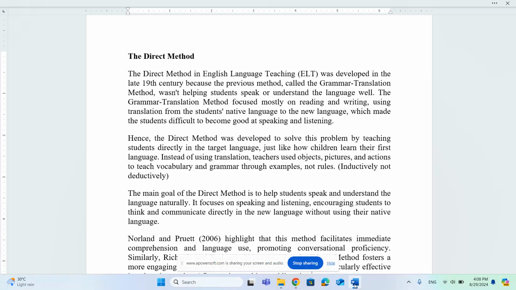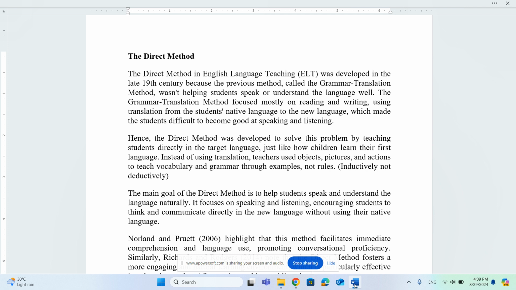Today we are going to discuss the direct method, which is given in the syllabus of B.Ed third year, ELT, English Language Teaching Methods and Practices, English Education 432. Previously we have discussed the grammar translation method, and in this sitting we are going to talk about the